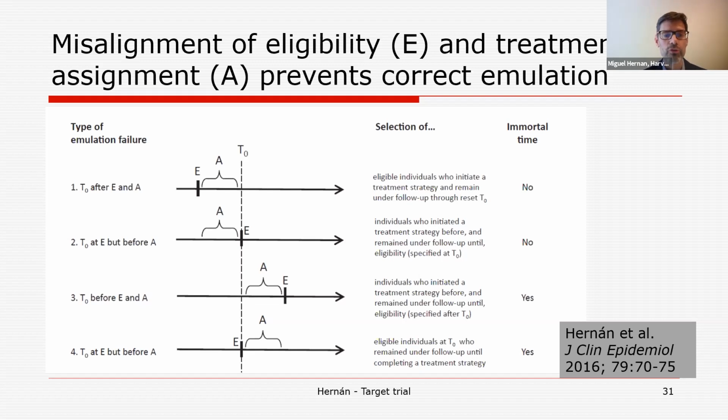So because women had been using hormone therapy for a long time before, the hormone therapy itself had affected the possibility of being eligible for the trial, and that creates bias. That would never happen in a true trial. It happens in many observational analyses. And the last of the four examples that I show you there is the example of the immortal time bias that I was describing for the statins and cancer example. At time zero, we apply the eligibility criteria, but we assign people to treatment based on the treatment that they took after baseline.